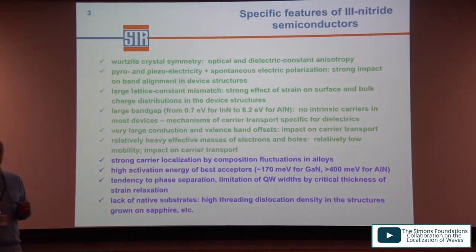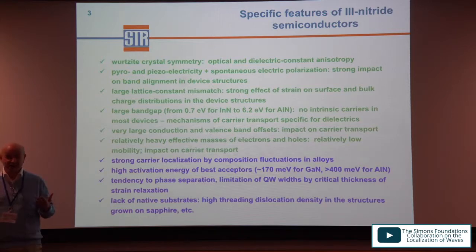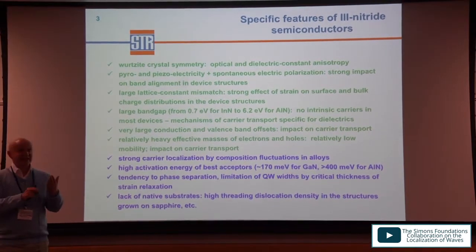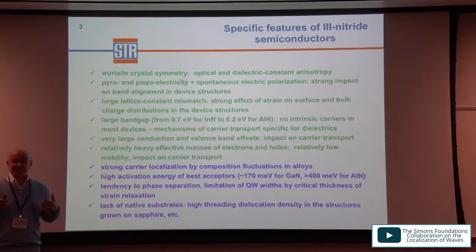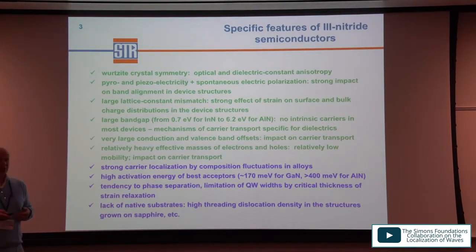This means that if we consider the heterostructure, the band offsets between different layers are very, very large, and this produces a very strong impact on the transport of the carriers across the